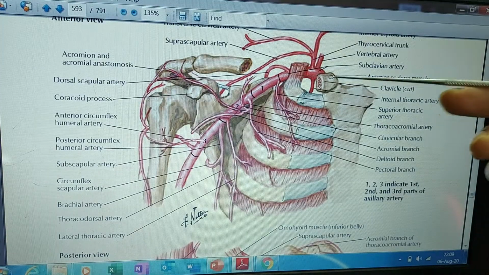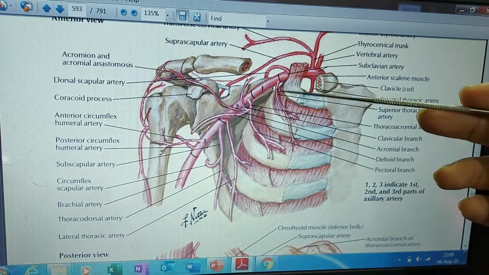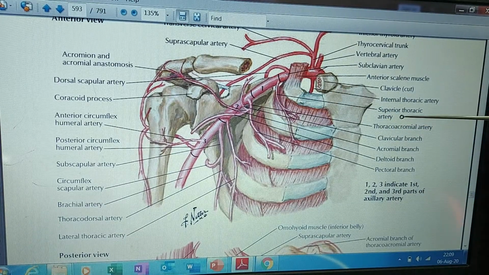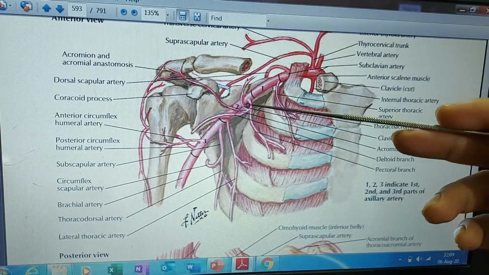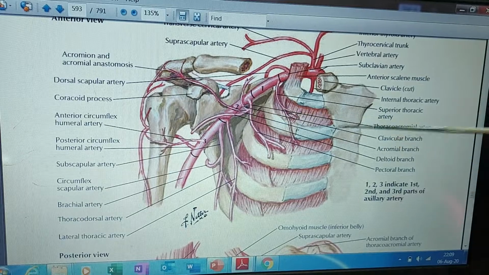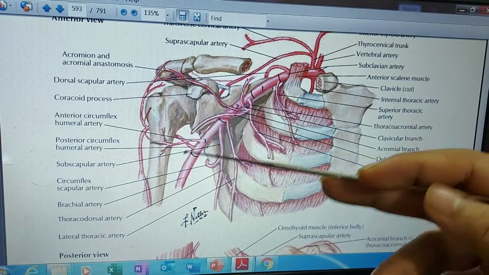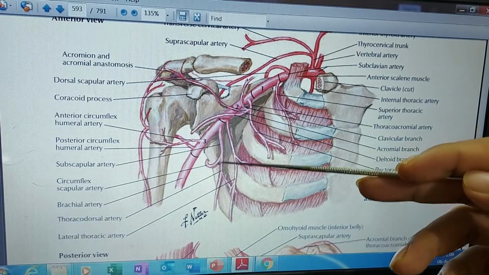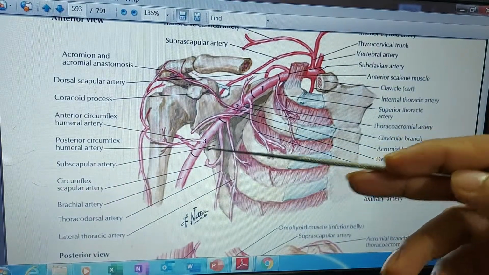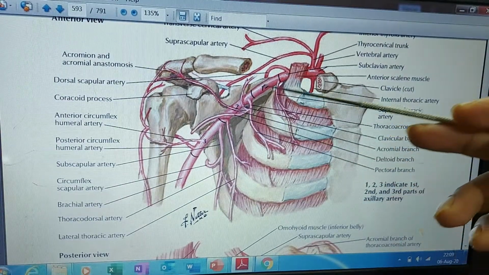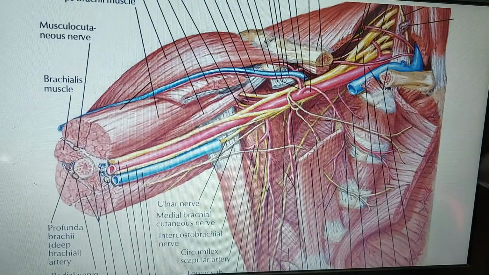Here we can see all the branches. The first part gives one branch, that is the superior thoracic artery. And the second part, in the previous picture it was placed superiorly, but here it is placed inferiorly. This is the thoracoacromial artery, and this is the lateral thoracic artery. And the third part has three branches: the subscapular artery, the anterior circumflex humeral, and the posterior circumflex humeral. These are the three arteries in the third part of the axillary artery. These are the important structures in this area,